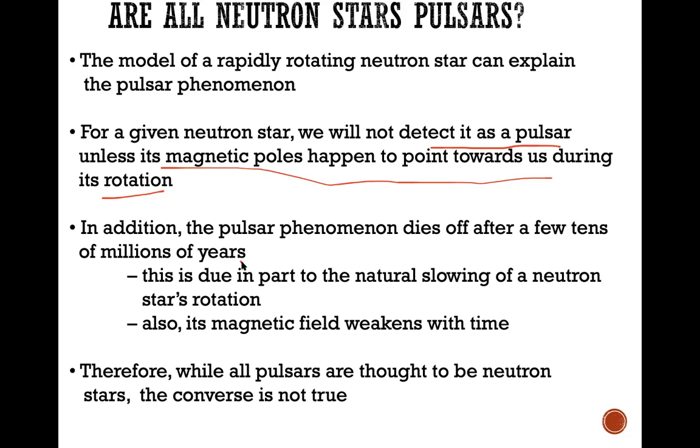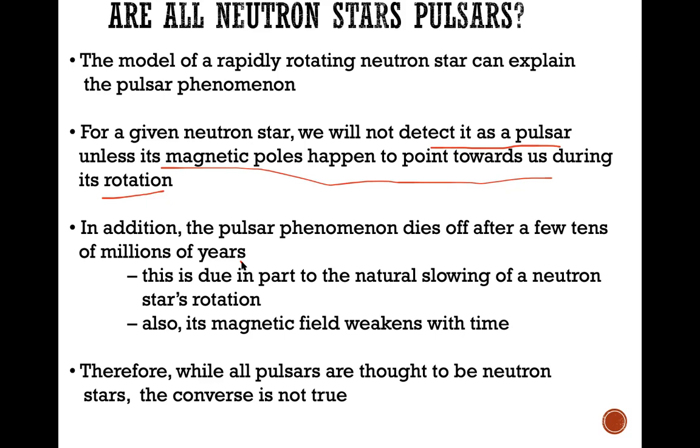According to basic physics, once you consume energy for something, your energy will be lost. The same thing will happen to these pulsars. Their rotational speed will decrease little by little due to this phenomenon, and we will see it in the next slide probably. So these pulsar phenomena will slow down little by little,